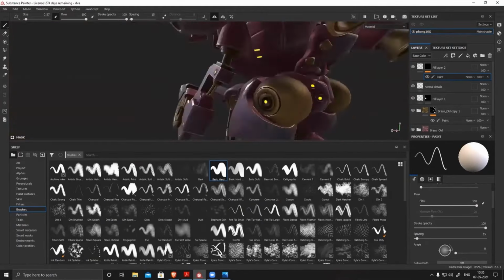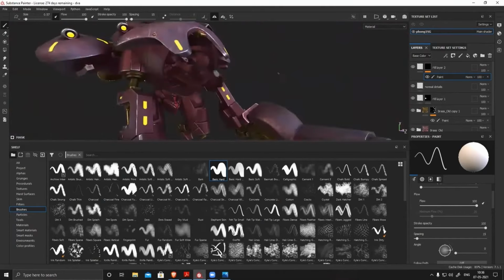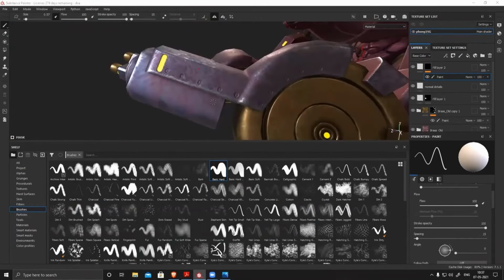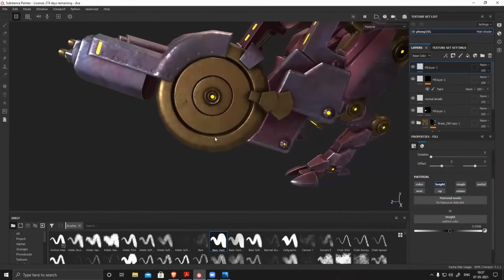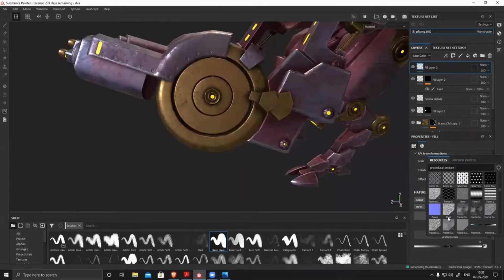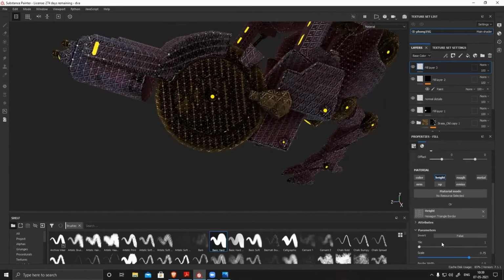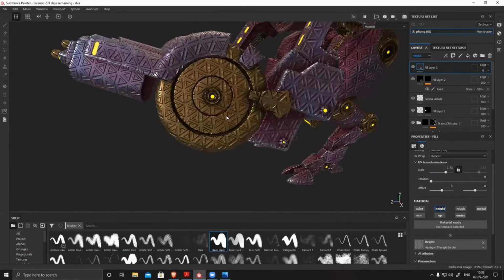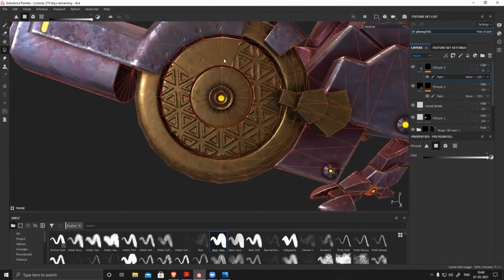I'm filling all those sections wherever I missed. But still I feel my model looks a little empty, so I wanted to add a couple of designs or something. I tried out a lot of designs. Then later I felt okay, this design doesn't look very nice, so I removed it from my final render.